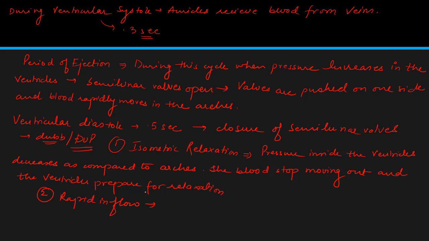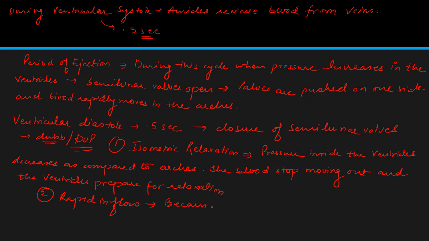In rapid inflow, after the systole in the ventricles, the systolic pressure reduces very much. This pressure becomes very less than the atrial pressure. Moreover, due to the relaxation in ventricles, the pressure inside them falls further. Now the cuspid valves open up and the blood flows rapidly from the atria to the ventricles. S3 heart sound is produced